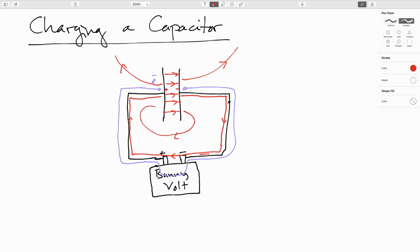Certainly, this is a weak field because it is the fringe field, but it's there. And that means that when we move future electrons along, we're going to have to do work against this fringe field, because remember,